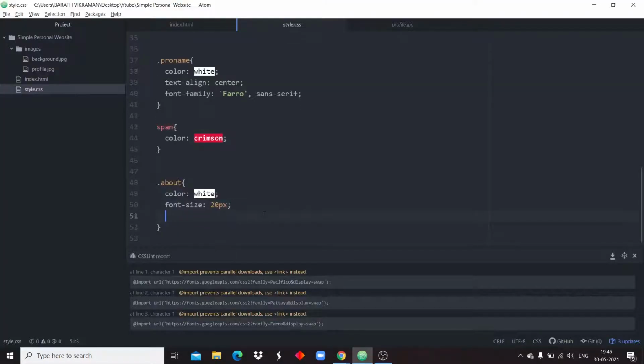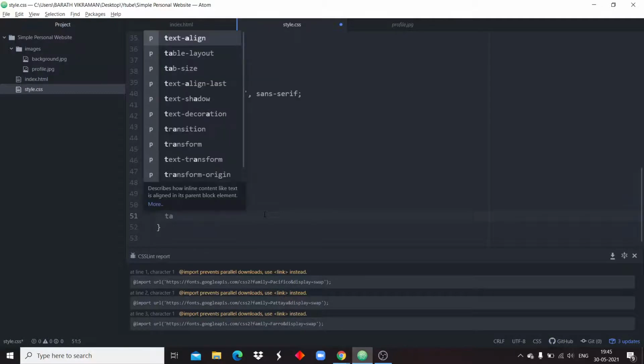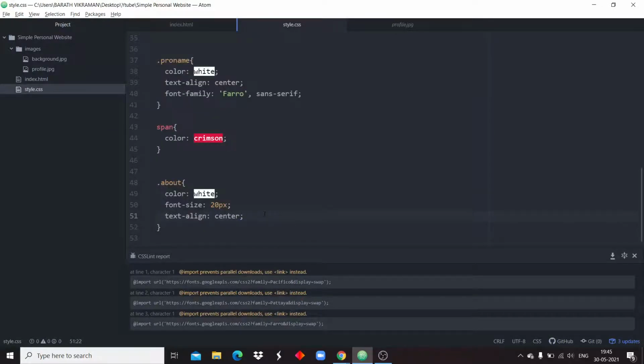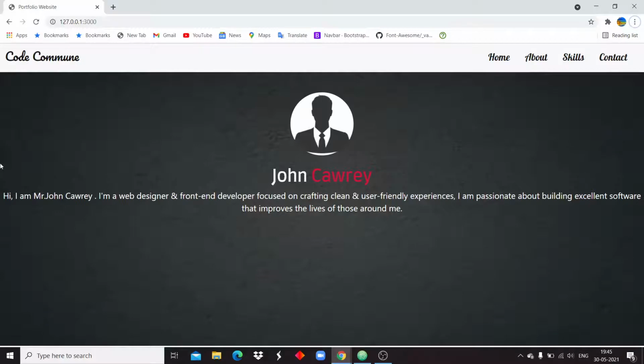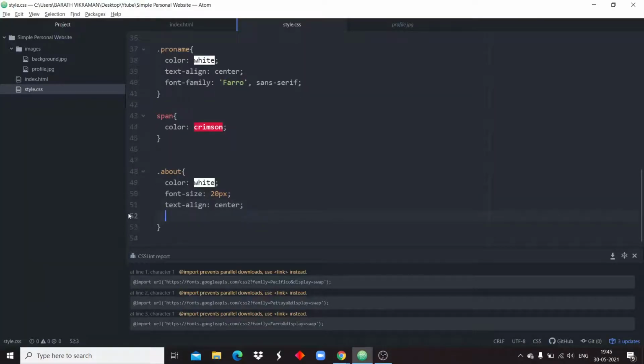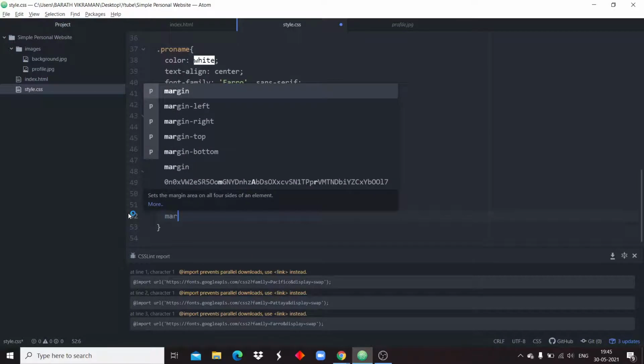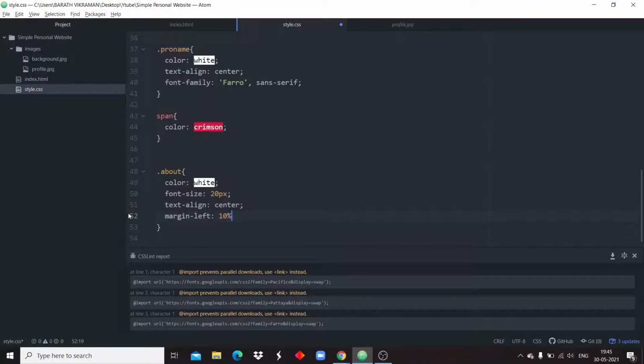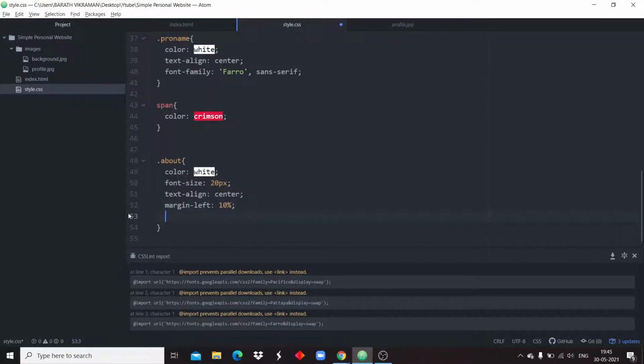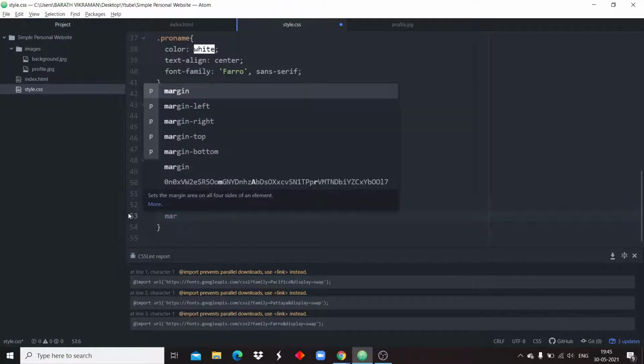If you give text align center, the text will center, but the margin left and margin right spaces won't appear. For this, we need to change the margin left and margin right. So I am giving margin left as 10% and margin right as 10%.